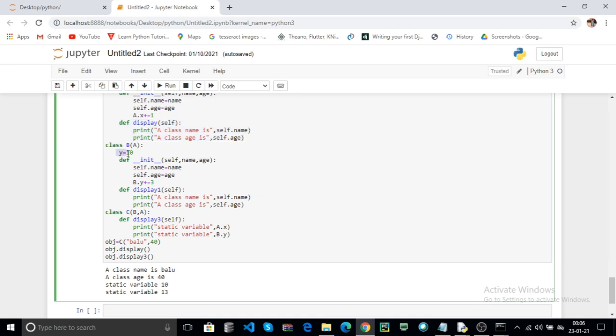Here the B class contains 10 and the B class contains one constructor. Here display one is one method in the class B. Here the class C is the child of your class B and class A, and the method is display3, and I can directly access your class A data and class B data.